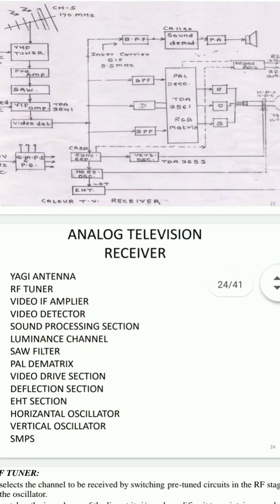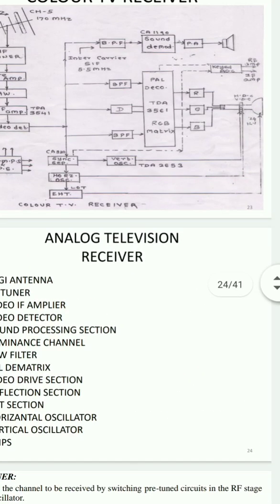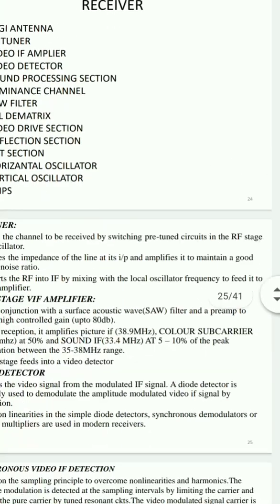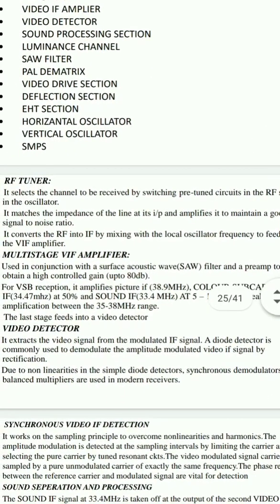You can see firstly the diagram. Here, if you see these RGB, these are nothing but the colors which we are getting. After that you can see here we are using the AF stages. We are using the demodulator. We are using the sound detector. So now you can say RF tuner.